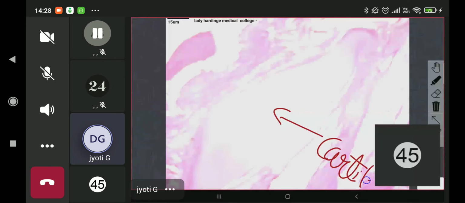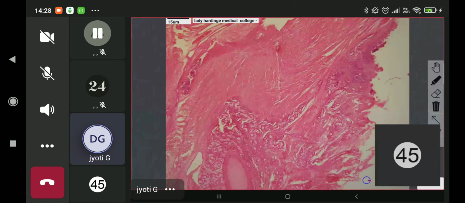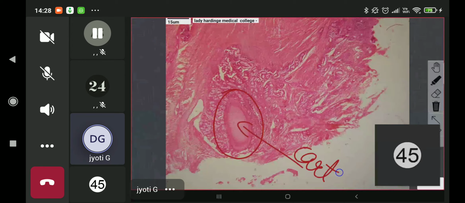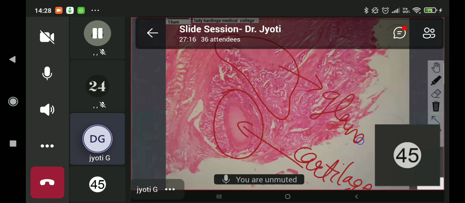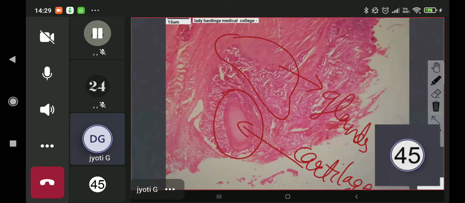Okay, so can anybody enumerate what all different tissues you've seen so far in this slide? Anybody? This is another cartilage right here. Yes, quickly, someone tell me what tissues you saw. Roll number 45, you tell me again. Saying epithelium alone won't do. In different types of epithelium, one was ectodermal, one was endodermal. Which epithelium are you talking about?